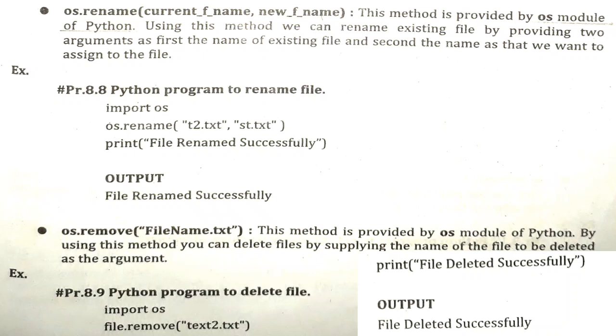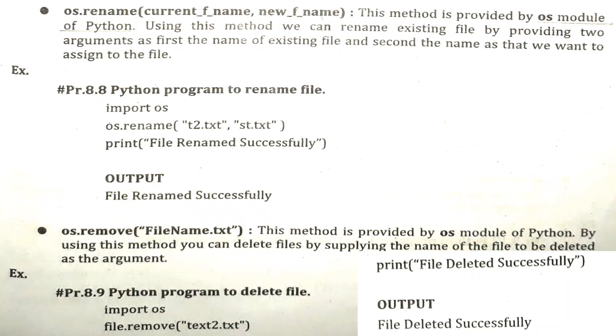So the rename method is used to rename a file, but it is not part of the file object, it is part of the OS module. If you want to use any methods which belong to the OS module, then we have to import the same module by writing import os. Again, the next method is also part of the OS module only, that is the remove method. Remove method means if you want to remove or delete a file, in that situation you can make use of the remove method.